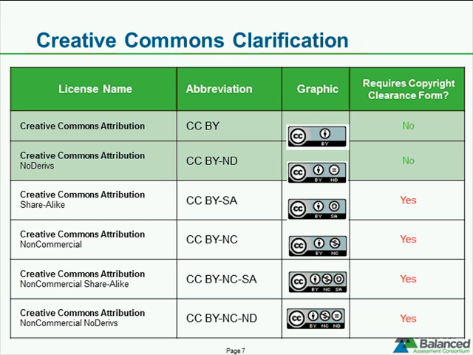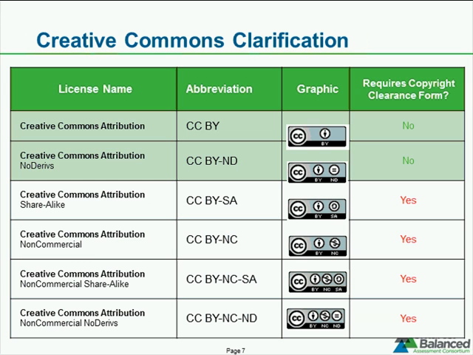Here's a chart that we think would be really helpful to clarify the Creative Commons. It shows you the licenses. The thing to remember is that there are 6 different Creative Commons licenses. If you look down under license name, that first column on the table. But only 2 are approved, meaning you do not need a copyright clearance form if your material comes under just